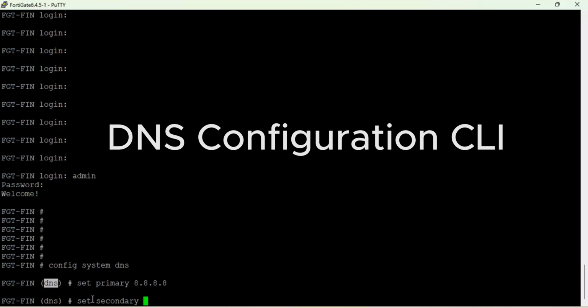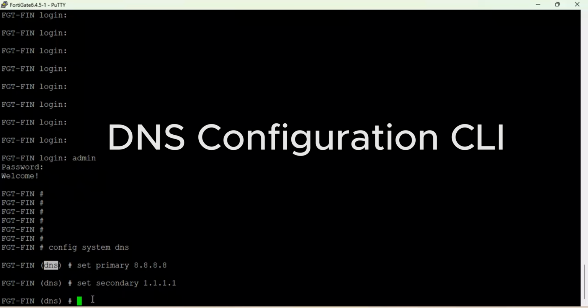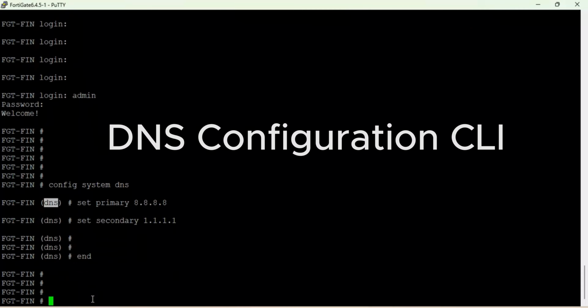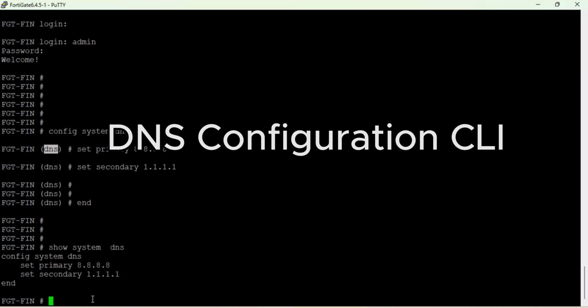Secondary, I'm going to give it 1.1.1.1. Once we are done, we save our configuration. To prove that you've configured the DNS on the firewall, you run show system dns. You see,